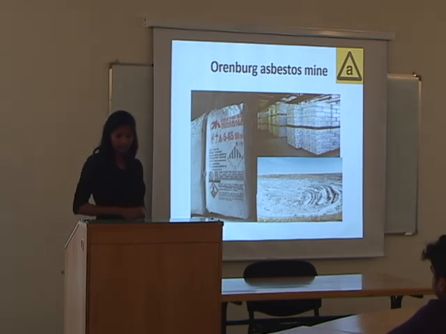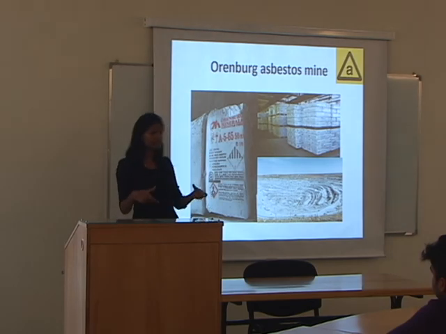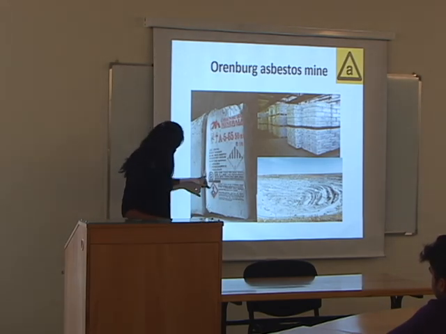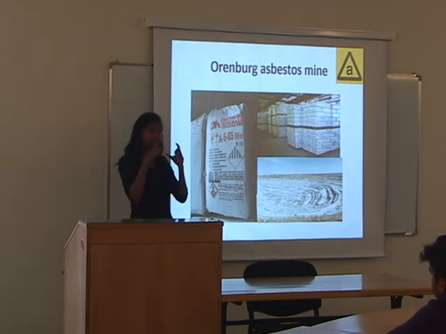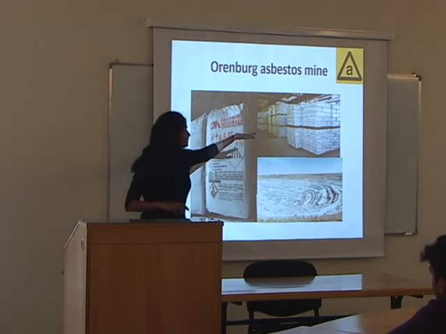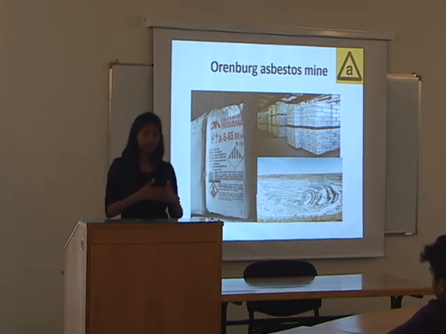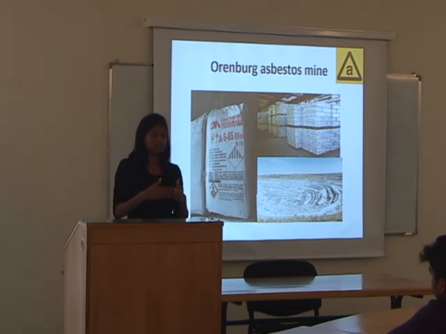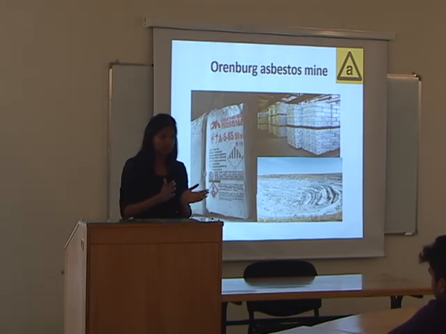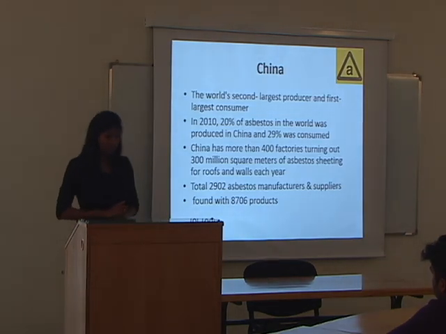And this is Orenburg Asbestos Mine. This is their pit, and this is the asbestos pack. You can see the asbestos pack, they mentioned the symbols representing that it is carcinogenic, and the content and everything. And this is how they store it. Usually in the industries, so far I learned, they are making good production and good storage. Usually the workers are not that much affected, but the residents are affected because of the dust from the factories and everything.